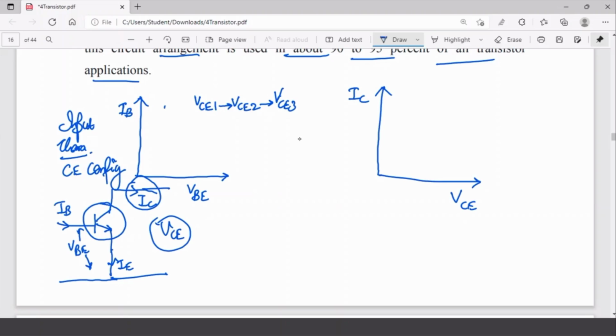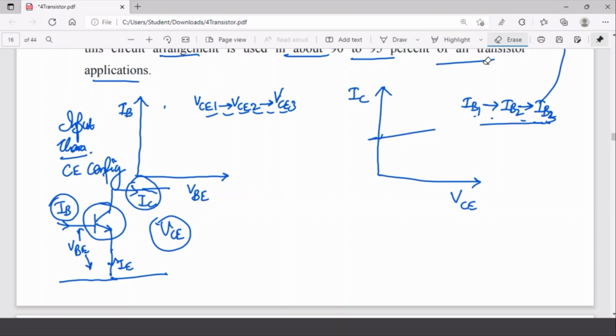But what is the value which we have to check here? That is the base current. So for a given value of base current, let's say IB1, we keep it and we plot the characteristics. Now this is varied and changed to IB2, and for that again we plot the characteristics, and similarly we can change the value to IB3 and plot the characteristics. So we'll get a family of curves. What are these showing? That at these different values of voltages and currents, we are able to plot different characteristics, which together constitute a family of curves.